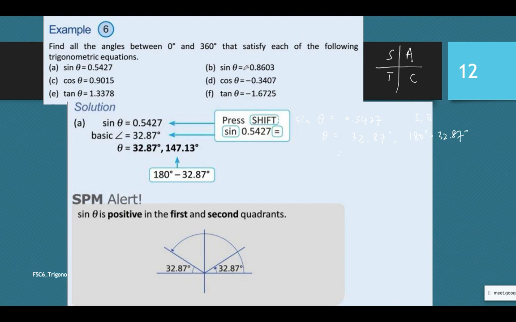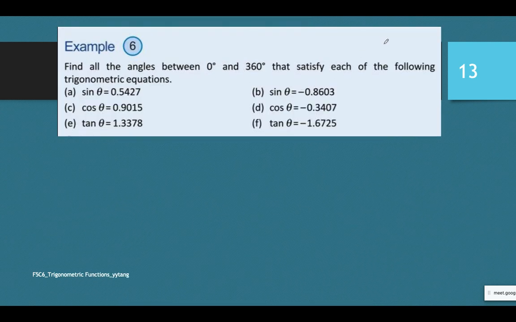B is sine negative. When sine negative, add sugar to coffee, sine negative. Positive is all and sine, so first and second. So when sine negative, it will be third quadrant and fourth quadrant. So you will use sine theta, you put alpha, 0.8603, negative, right? So alpha equals to what? You just take your calculator, shift sine